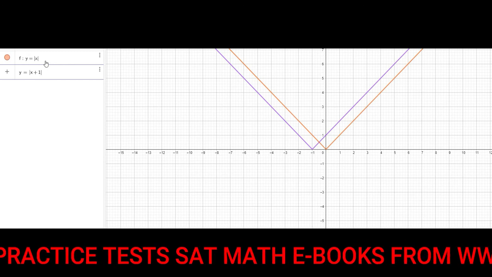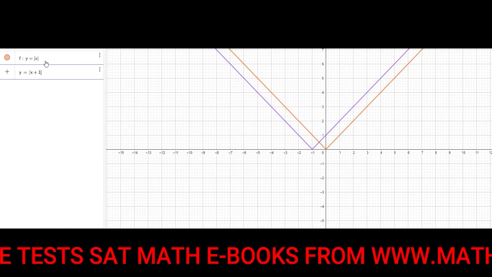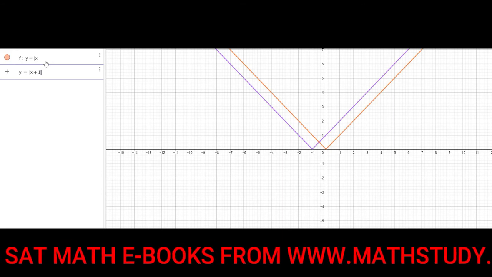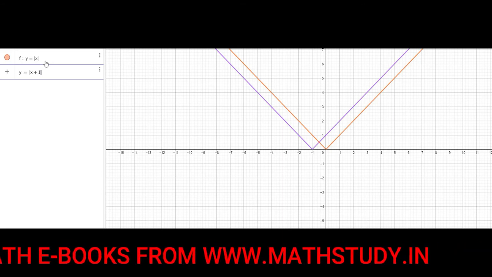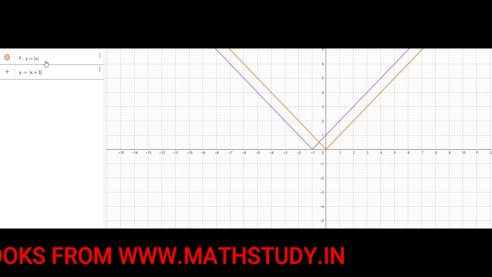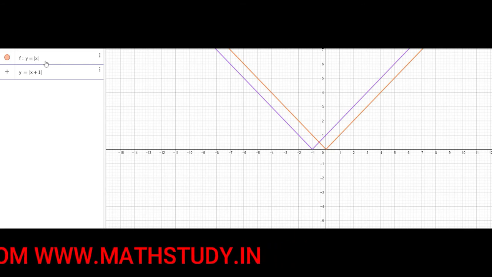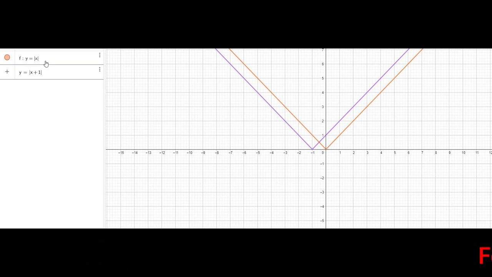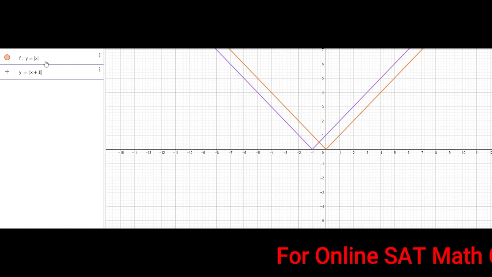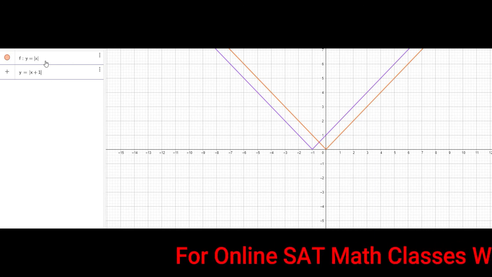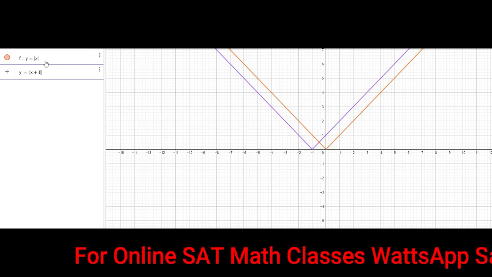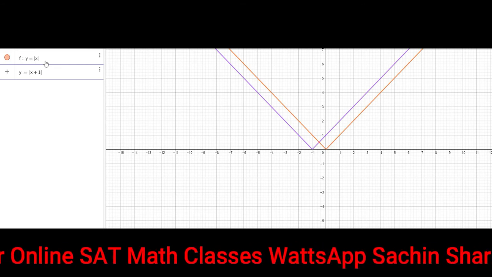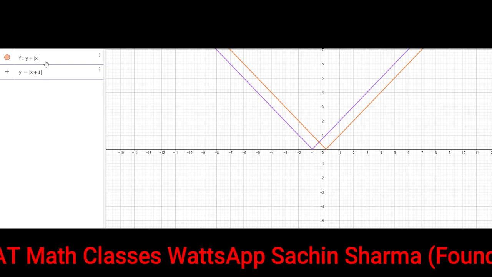So in our prior example where y is equal to mod x, when we put x equal to 0, then y is also 0, right? But in this case, when we put x equals to minus 1, then y equals to 0 here. So that is why minus 1 is a critical point here from where this graph bends in the other direction. Getting the point?